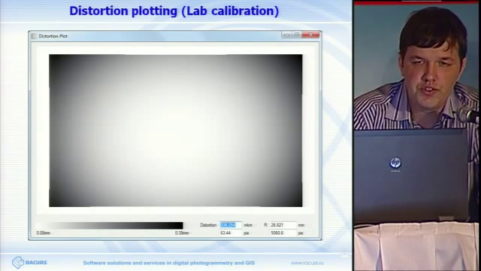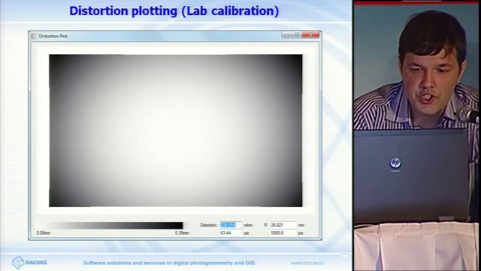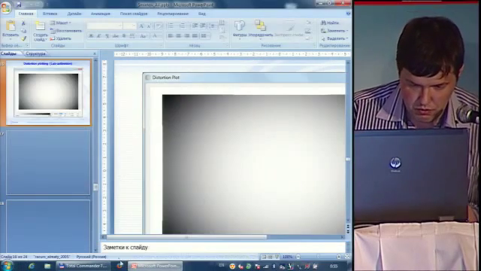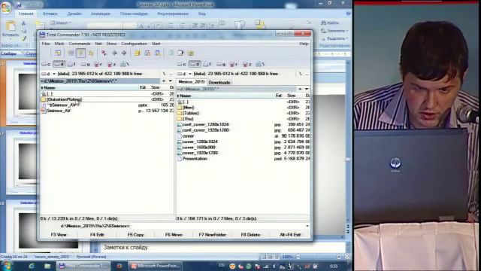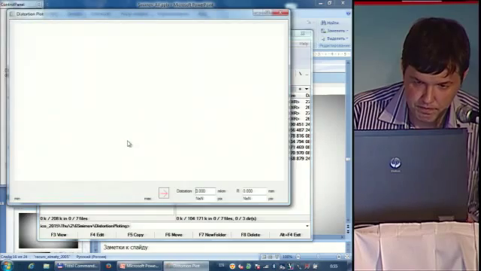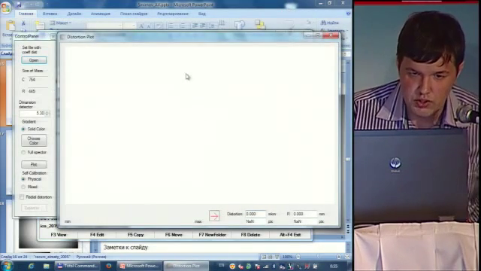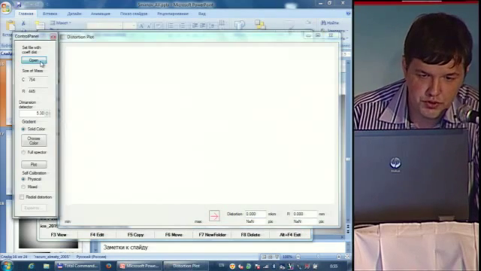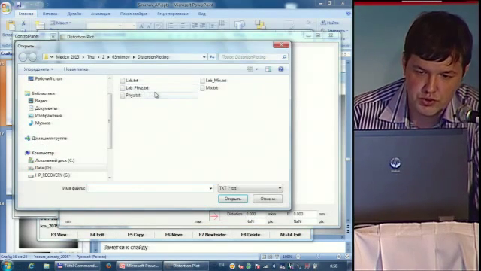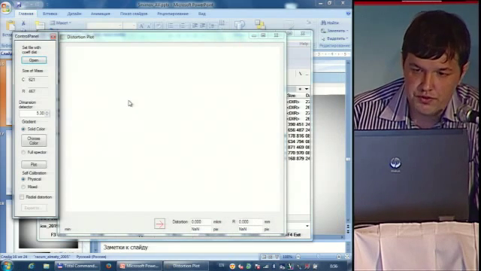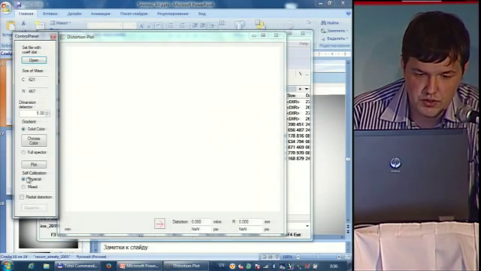At Racurs, we have developed software that allows calculating the distortion field at any point of the image. I'll try to show it very quickly. This is a viewer. All you need to do is open a text file with known calibration parameters.